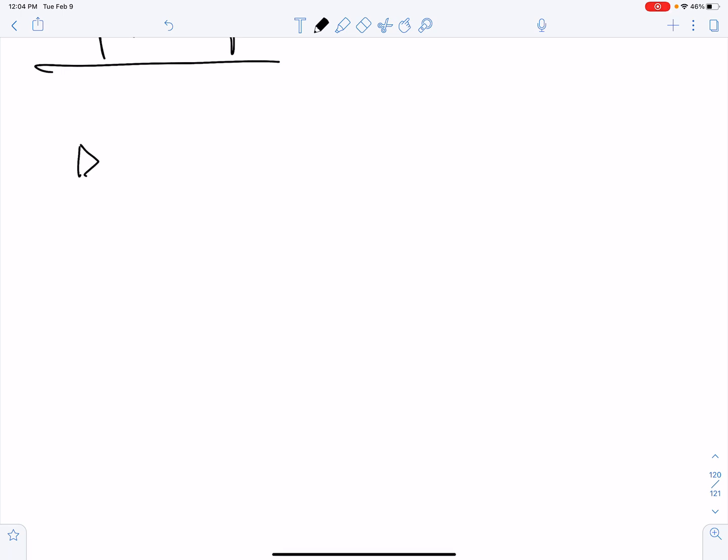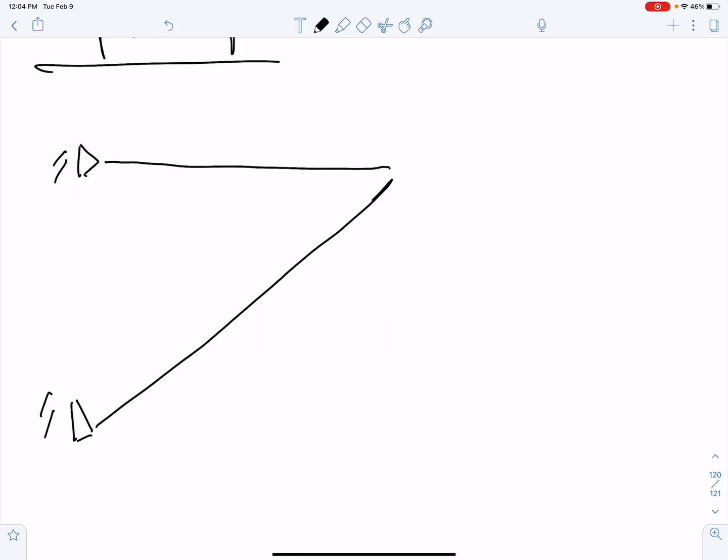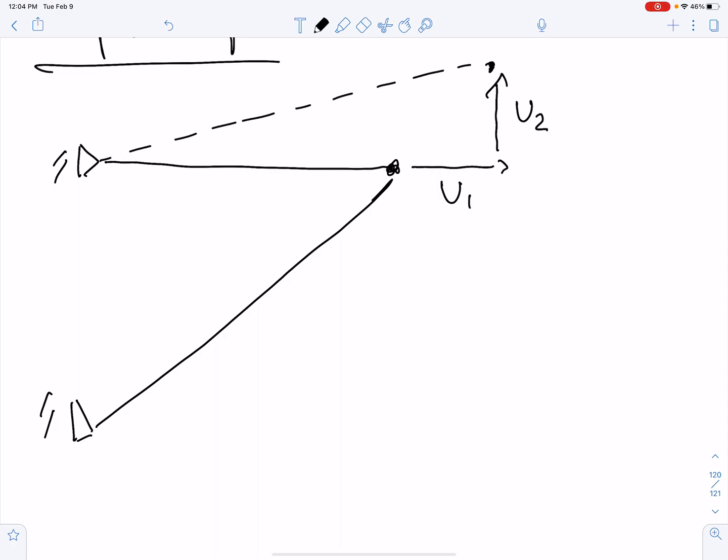If I have a structure like that, in the undeformed configuration, and then this node moves, let's say, to the right and up, by an amount U1 and U2, so say it's somewhere here, this is going to be